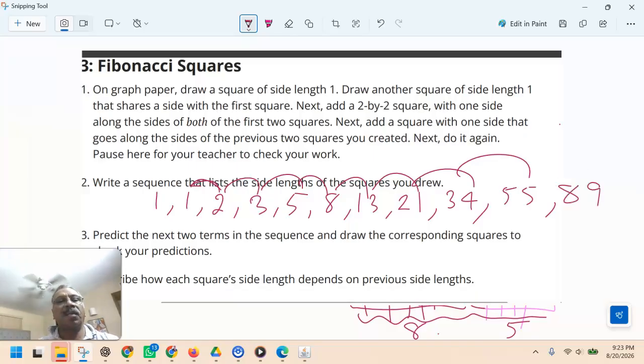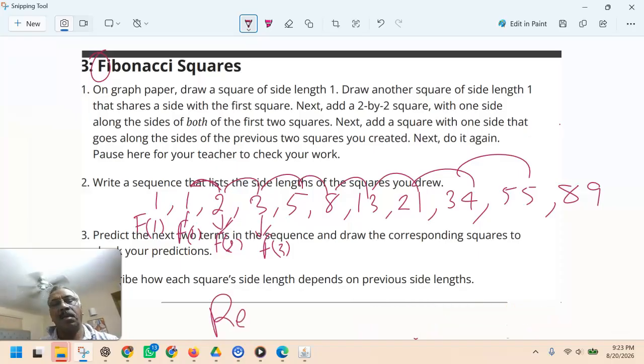So the goal is, this is the first one. Now Fibonacci starts with F. So this is the first term, F1. This is F2. This is F3, and like that. So how do we write the recursive definition? In the beginning, the first one is 1, and then at any time, F of n, let's say,